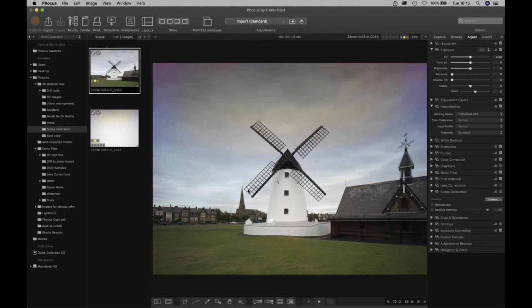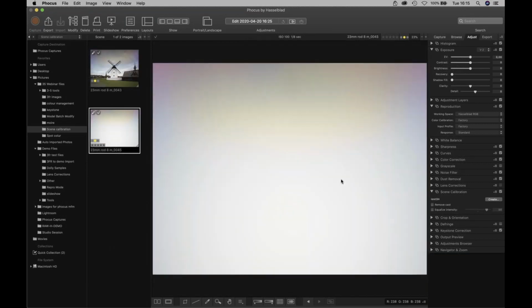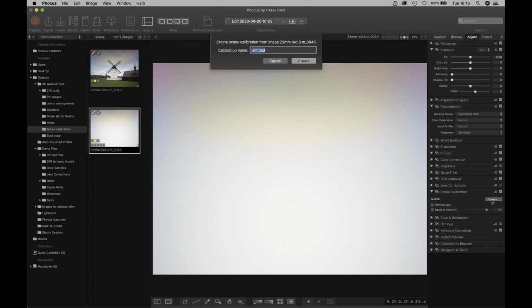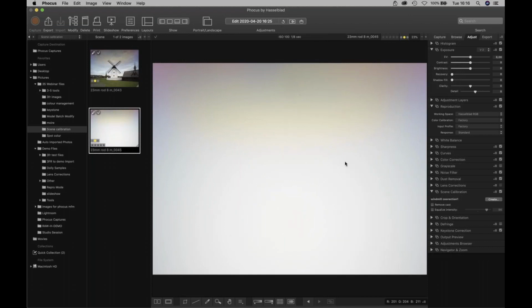And the simple way of doing it is you have maybe a perspex sheet that you would take a picture of the sky or a picture of the light falling, and basically you get the same color shift here on this flat image, and you can use this to create a correction. So I'm just going to call it windmill correction 1, create, and now